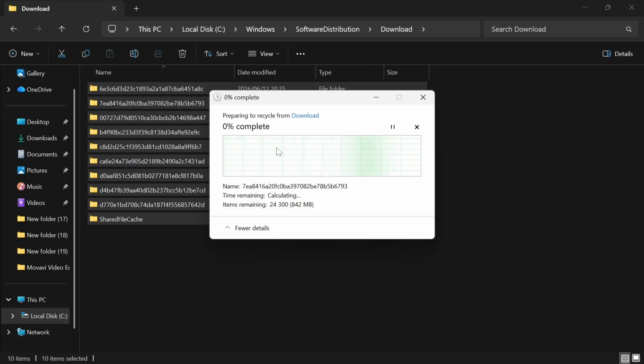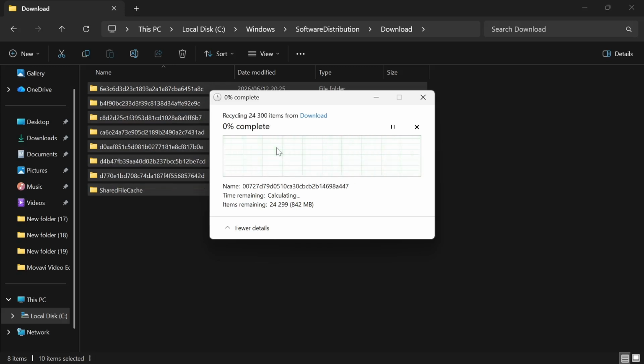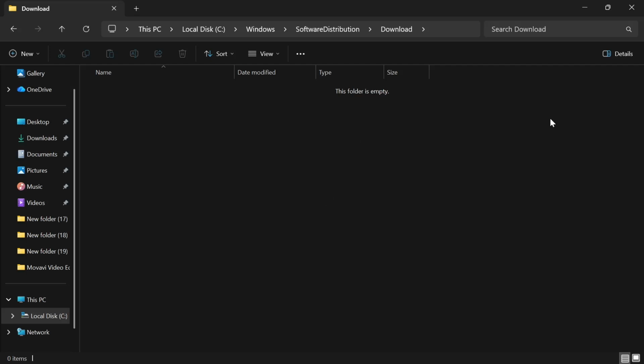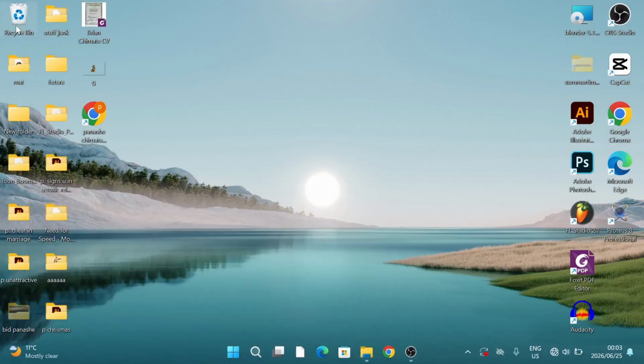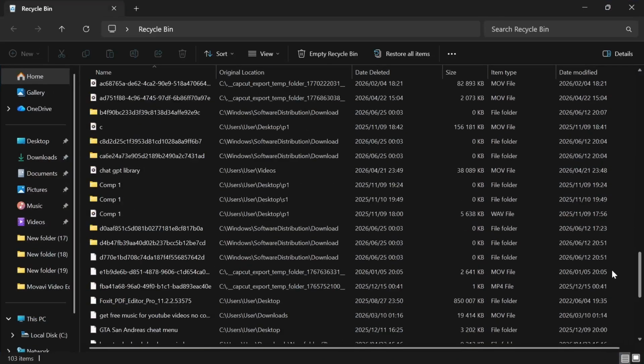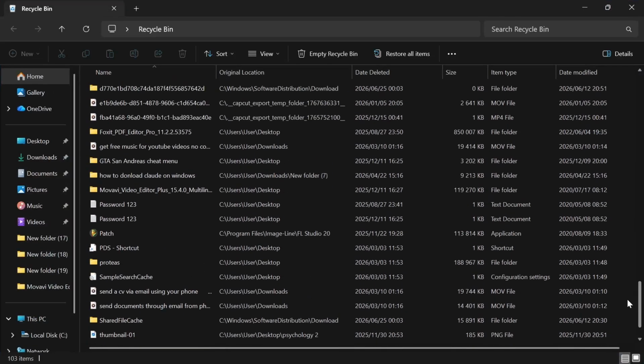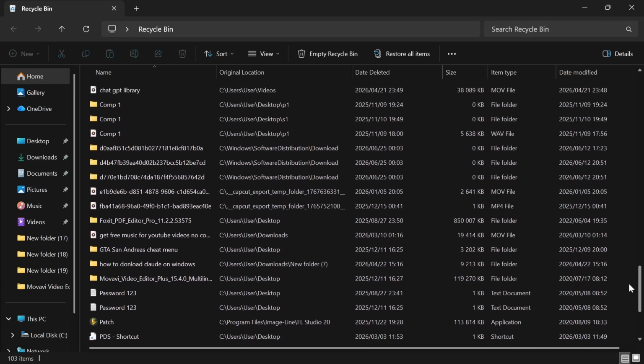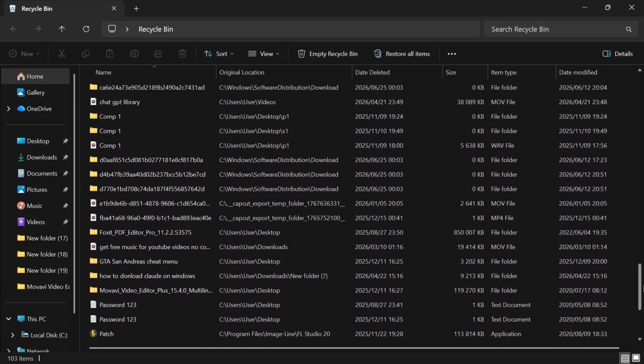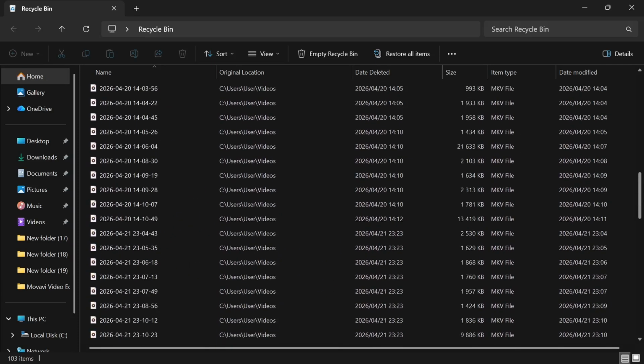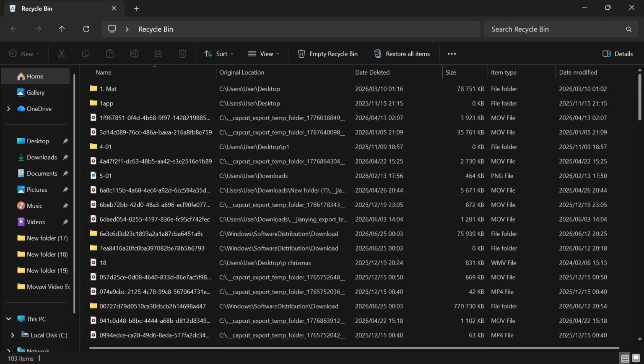And so you just have to wait for it to complete deleting. So it's done deleting. What you're gonna do now is make sure that you go over to your recycle bin, and mine is full so I cannot really locate them. So then go to your recycle bin and delete them there,